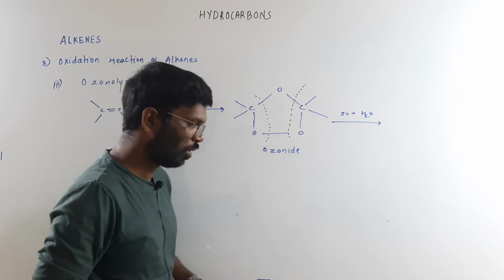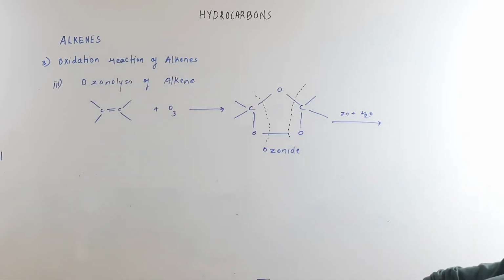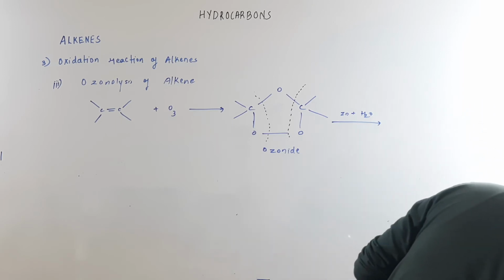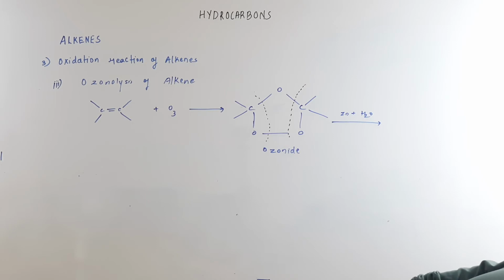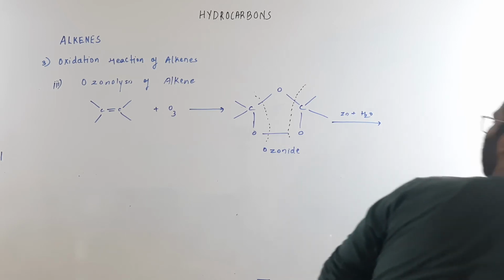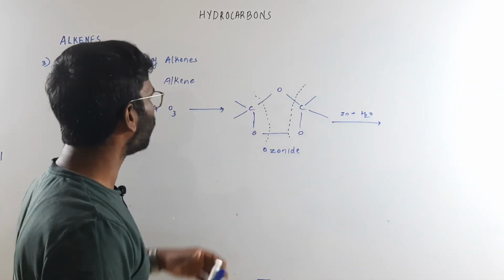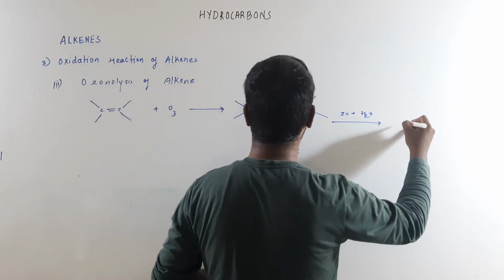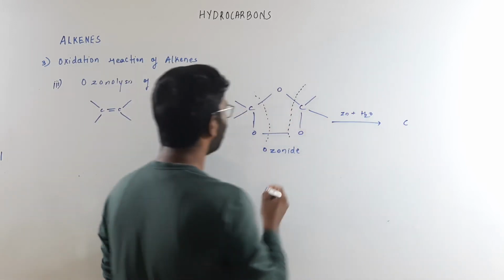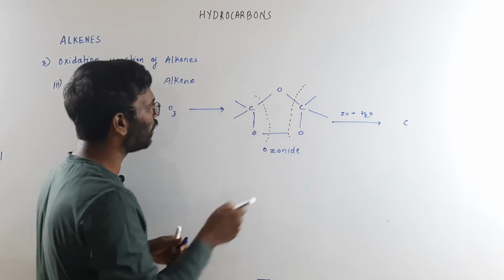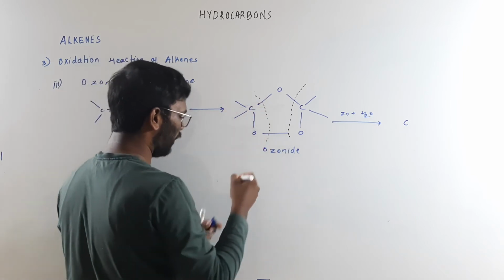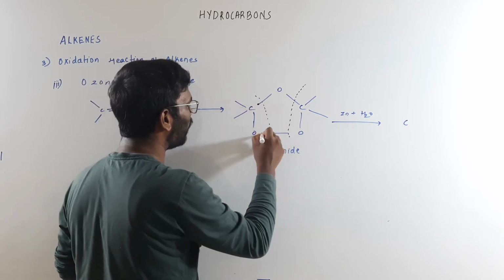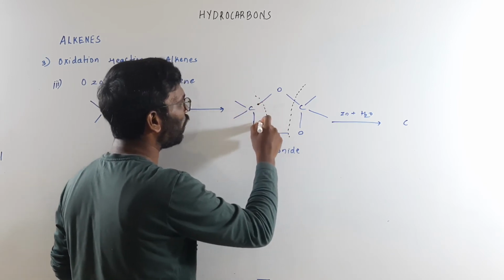Okay, this is how the bond is broken. Right, so the main product we get over here is this C. Here the bond is broken, and we can consider there is one electron over here. I will show with this black pen. Here there is one electron and here there is one electron, so together they will form one bond.